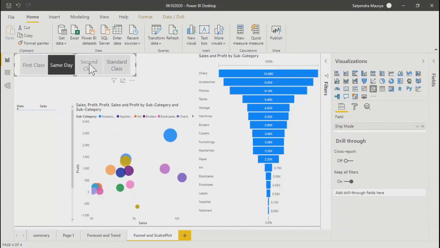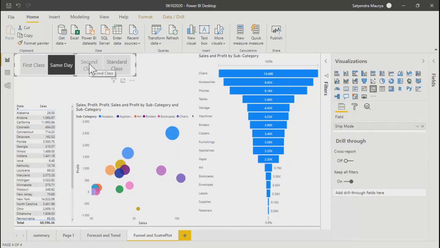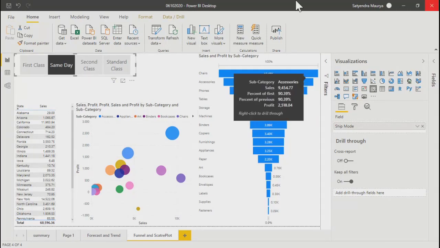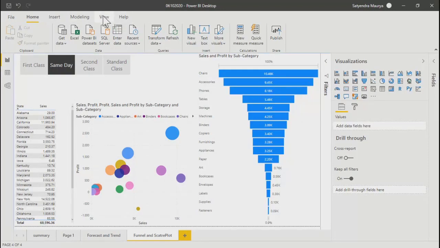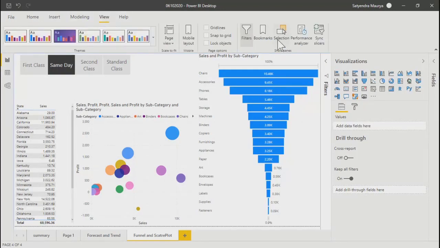Now another thing, it's my slicer over here. Let's say you want to see whether whatever you select over here is going to appear on other sheets or not. For that, you can simply go to the View option, and over here you can see Sync slicers. That's the option given for slicers only. It's not for filters, it's only for slicers.